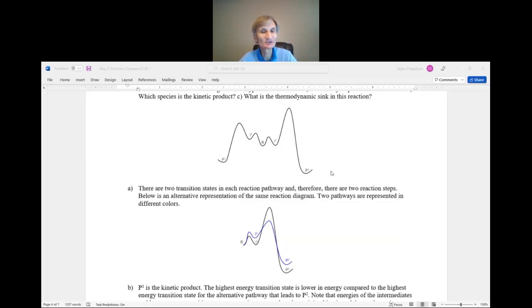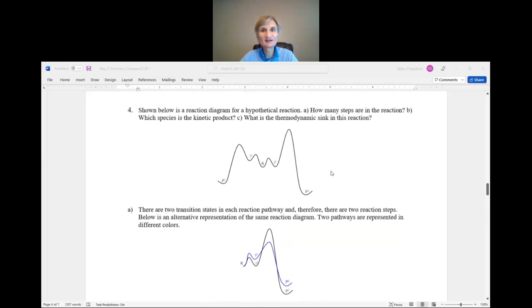So there are 2 steps, 2 transition states. And then the second question is a little bit tricky. Which species is the kinetic product? The kinetic product is the one that forms faster. And then the question is which one forms faster, because of course the faster one is the one that goes through the lower energy transition